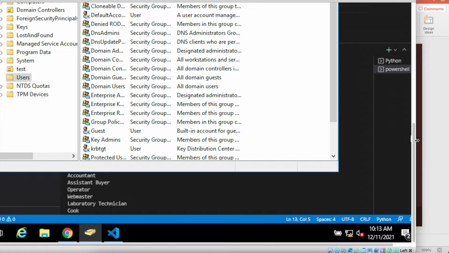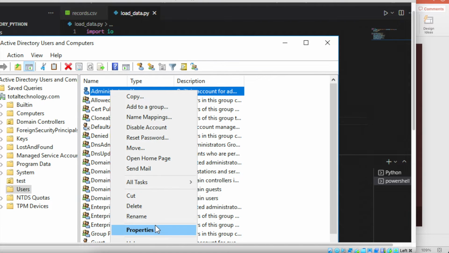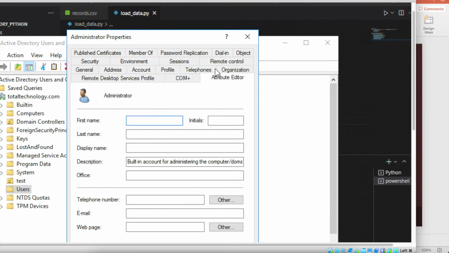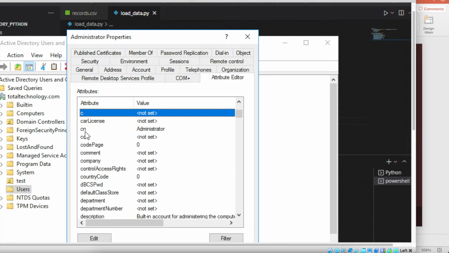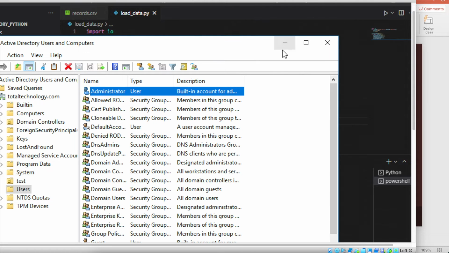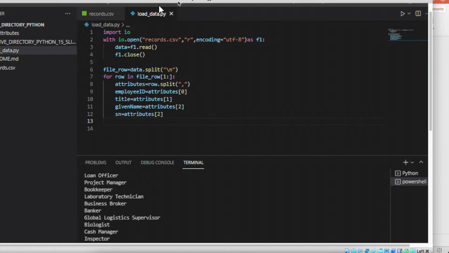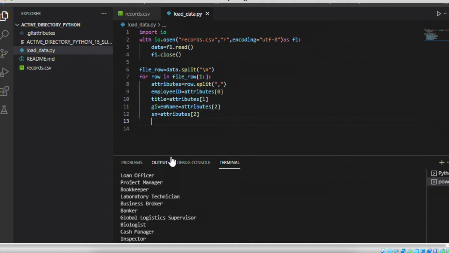Okay, so in AD, if you go to attribute editor, if you click CN, so CN is administrator, SAM account name is administrator. So you can do anything, but I'm just using this SAM account name for everything. Okay, so what will happen now, let's say we'll be going to call a function, and maybe we can create